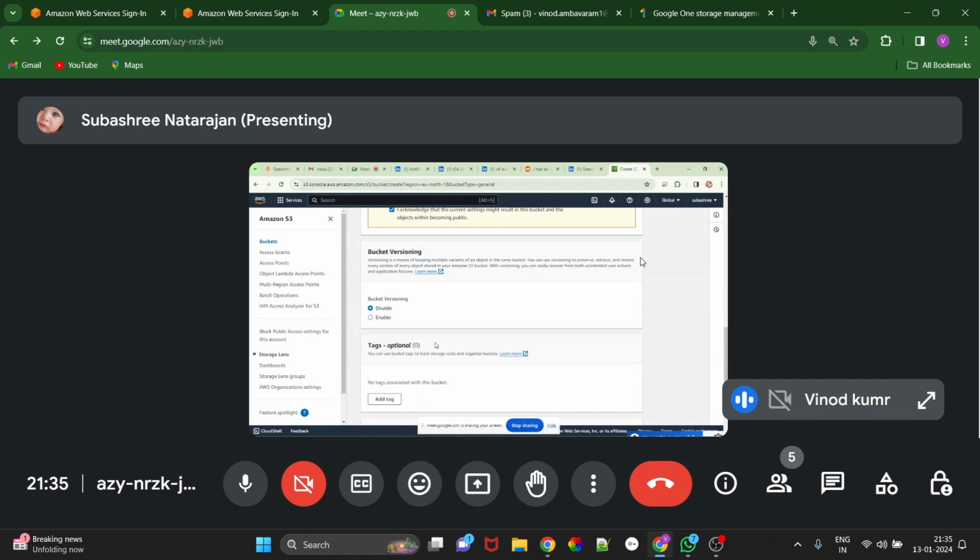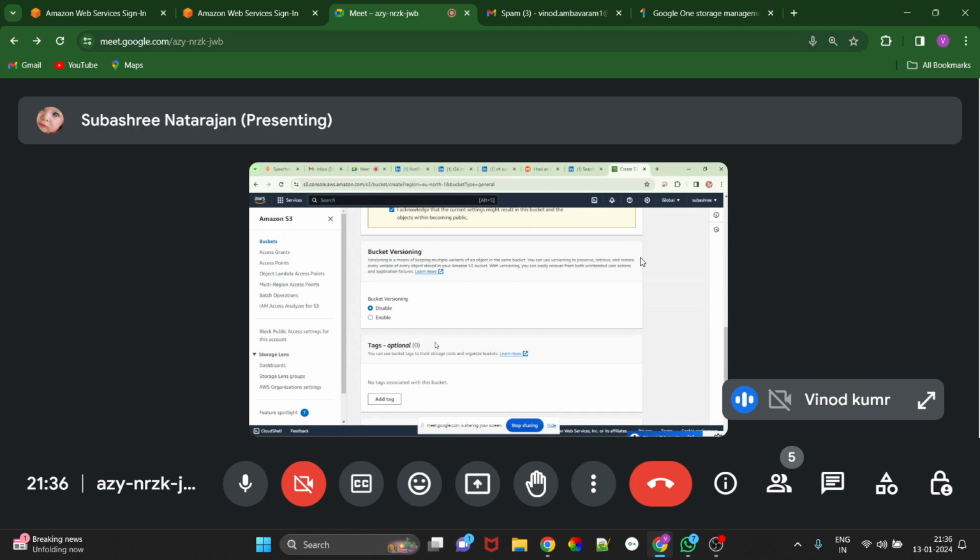For example, I have overwritten something, but I don't want to overwrite. I want to roll back again. So versioning will help us recover the deleted or previous versions, and it will do the data retention for compliance requirements as well. If we enable versioning, we can use the AWS CLI, the SDK, as well as the console for the bucket versioning policies.